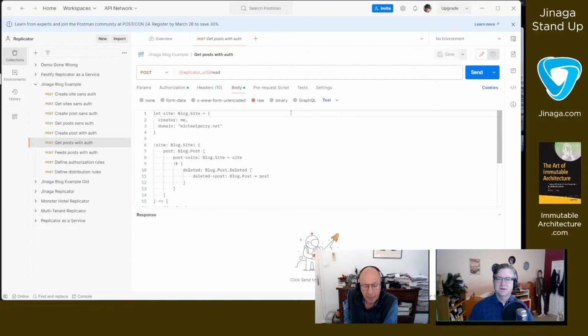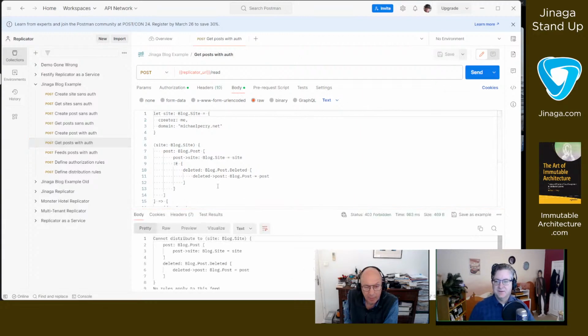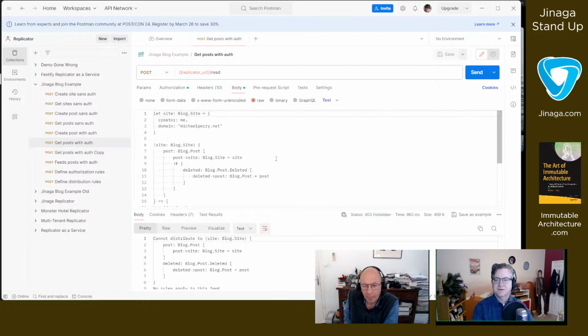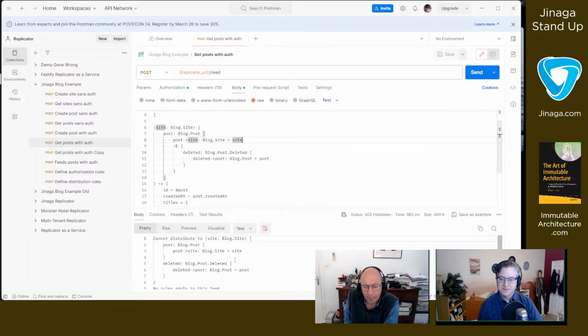So here we were trying to get the posts, and we don't have the distribution rule set up for that. So let's modify this so that instead of posts, oh wait a minute, I think I know why the distribution rule wasn't set up, and that's because I have restore in there now. Is that true? Post deleted.